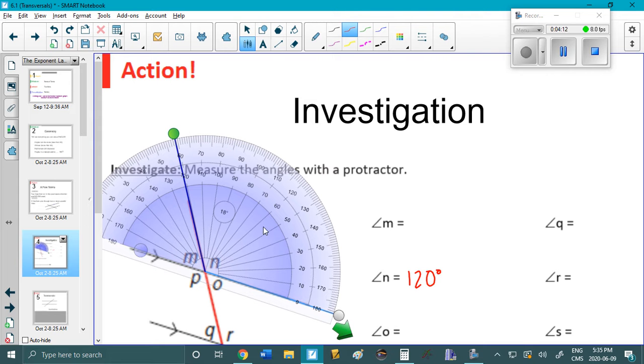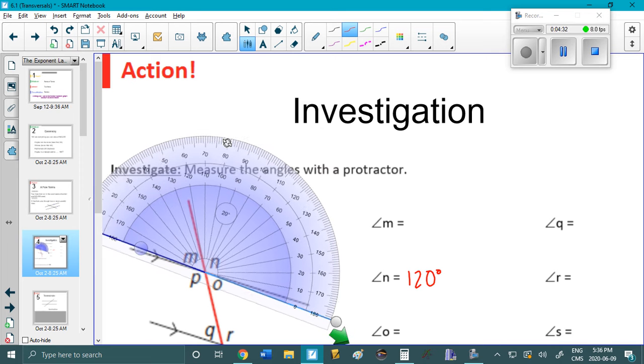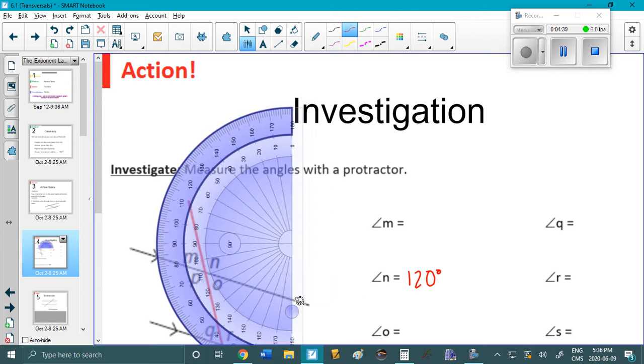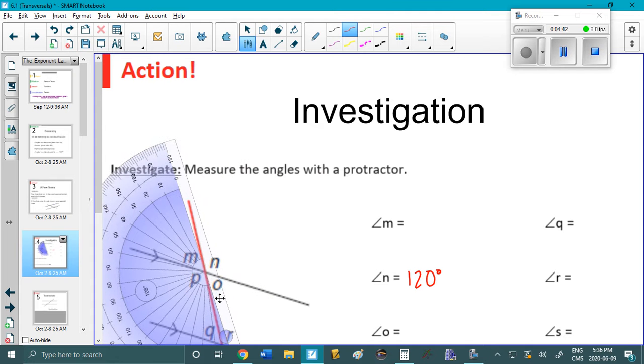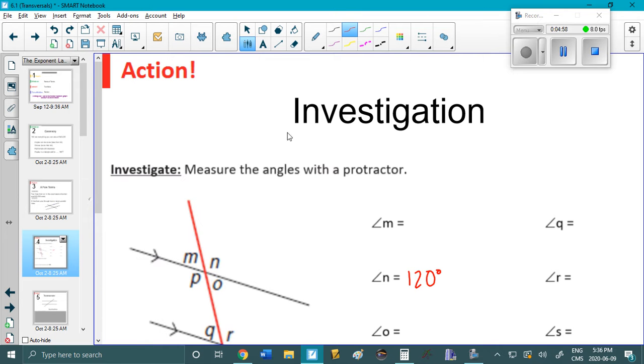And let's measure angle M. So to measure angle M, we go all the way to here. Sorry, this will be done very soon. I'm not going to do all these angles. I'm just going to do two of them. So let's flip this around and put this guy here. And to measure angle M, I'm going to use this thing again. And 59. Wait, no, it was 60. 60 degrees. I just clicked it at the end there. So angle M